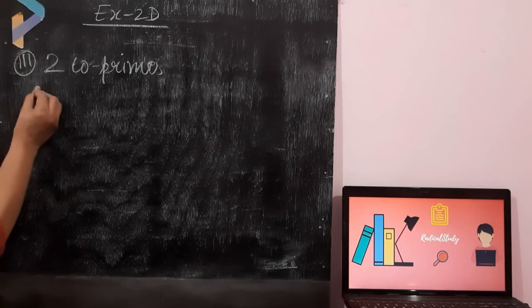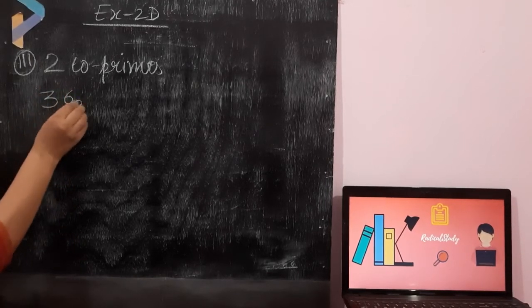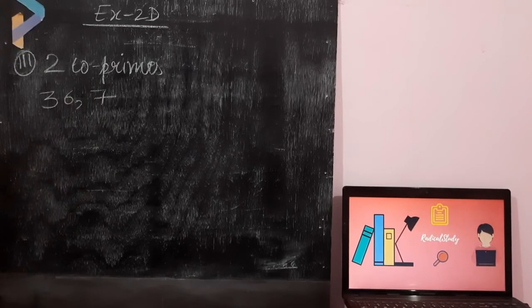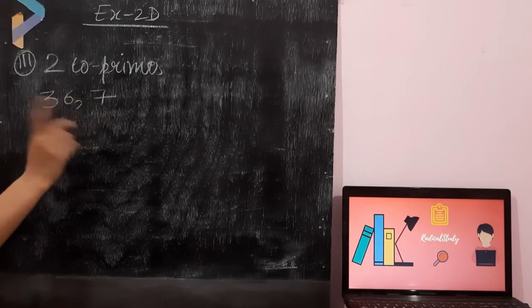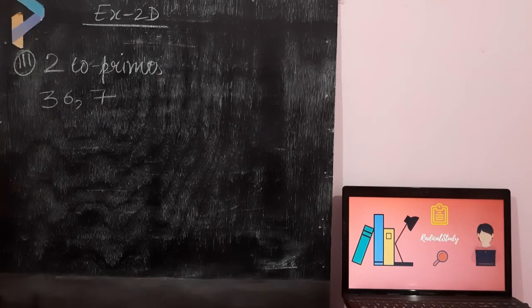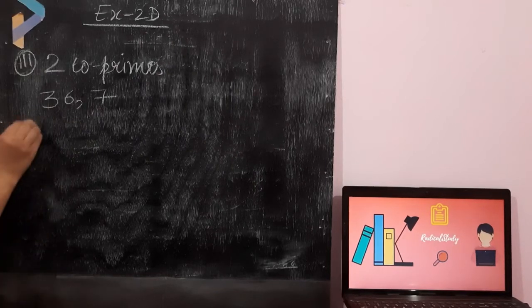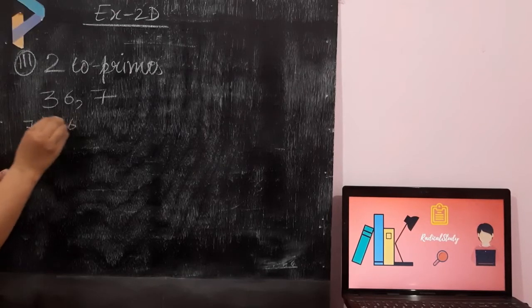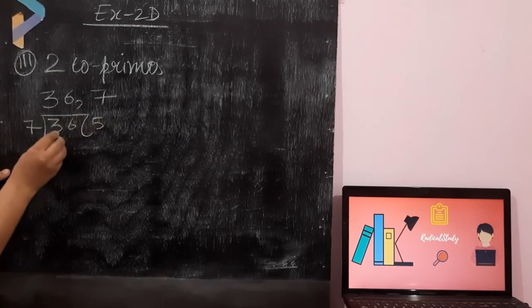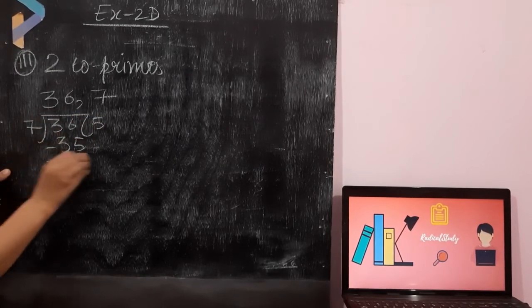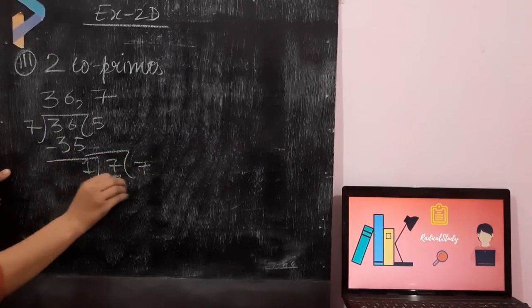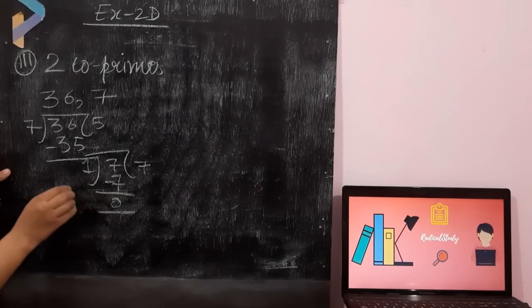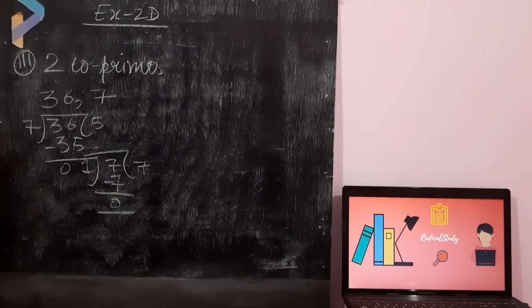So I am taking the example as 36 and 7. इन दोनों का कॉमन जो है the common factor that is 1 only, right? इसके अलावा कोई भी common factor नहीं है. तो we all know कि जब हम लोग HCF निकालेंगे तो we will find only 1 as the answer. But then also I am proceeding it for you. So the answer will be 1. क्या आया हमारा HCF? We have got 1 as the HCF.